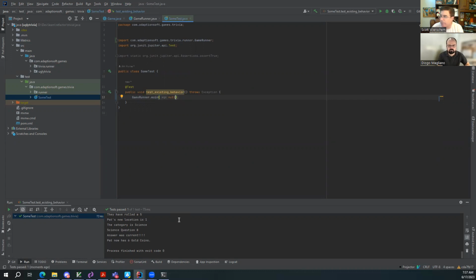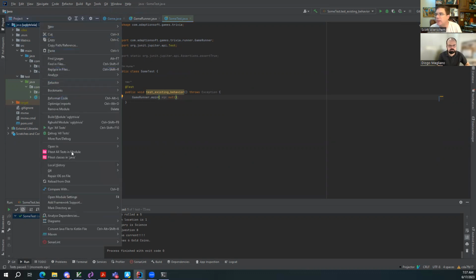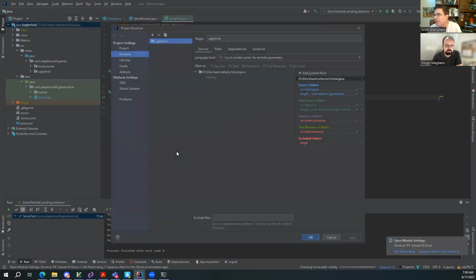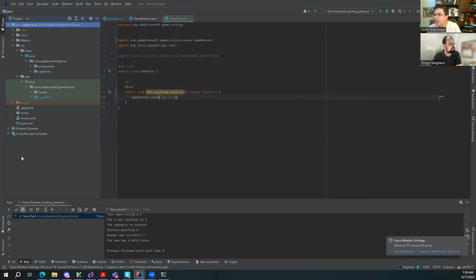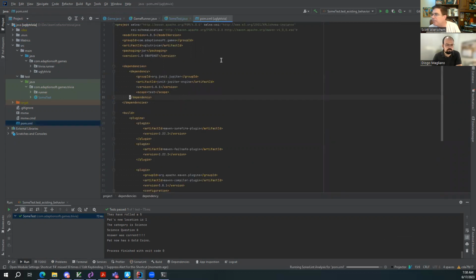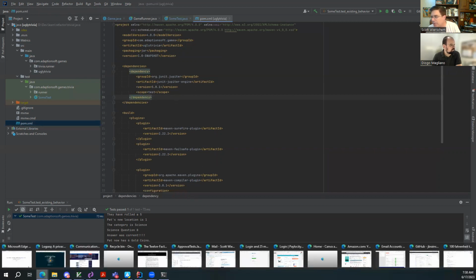we want to, I think, do we have, oh, yeah, we don't have approval tests in here. So if I go here to my libraries, oh, that's right, we use Maven here. So I need to go to my POM file. So I don't have approval tests in here. So what I will do, I will go to